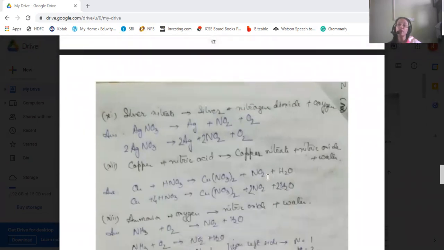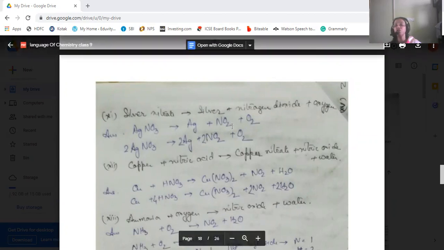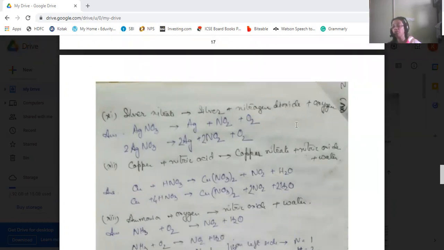Now, silver nitrate gives us silver plus nitrogen dioxide and oxygen. Silver nitrate AgNO3 gives us Ag plus NO2 plus O2. So again, this is not a balanced equation. Again, we need to check the reactant side atoms as well as the product side atoms, and accordingly, we need to multiply the